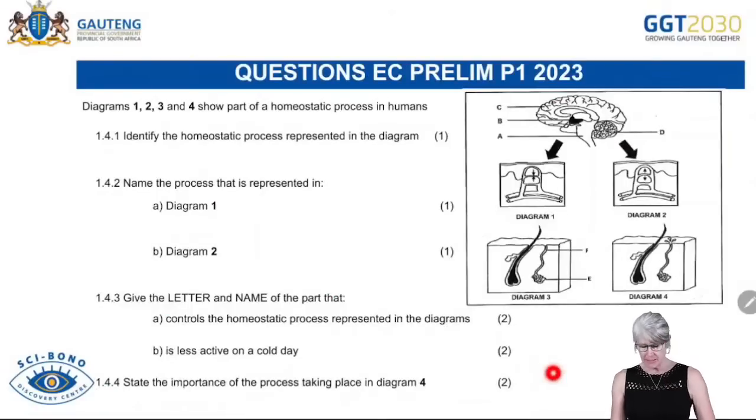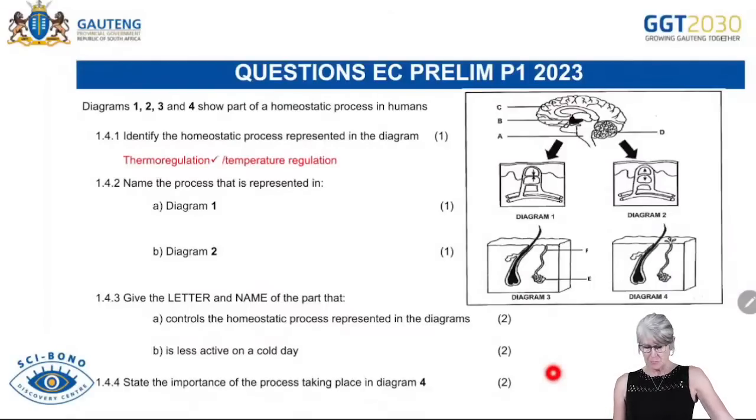Okay, so have a look quickly at a question. They say diagrams 1, 2, 3, and 4 show part of a homeostatic process in humans. Identify the homeostatic process represented. So if we have a look here, we've got the brain, and then we can see here diagram 1, there's blood vessels under the surface of the skin, as well as in diagram 2. And in diagram 3 and 4, we can see there's sweat glands. And in diagram 3, there looks like there's no sweat, but in diagram 4, there looks like there's sweat. Okay, so the process then would be